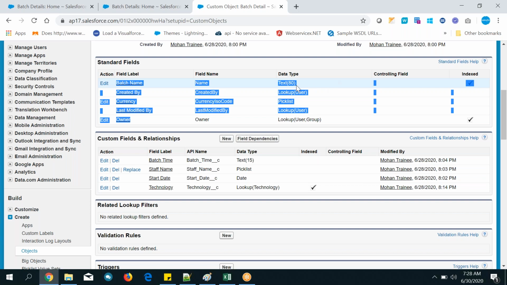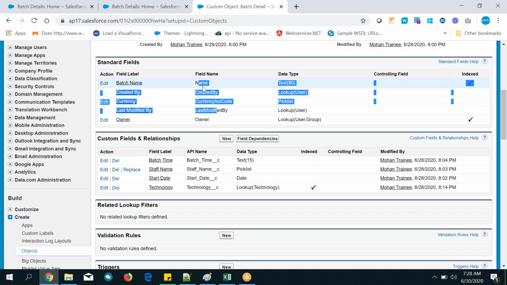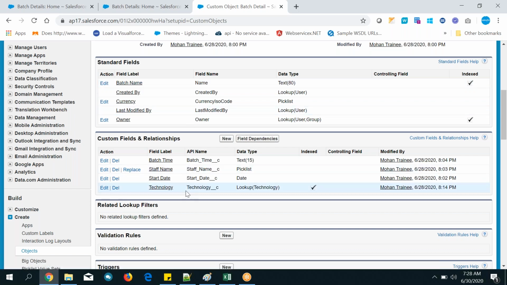So can we create a lookup for both in one object? Here or here? Name, yeah, the standard field batch name and the custom field staff name. Both should be in, can we create a lookup?